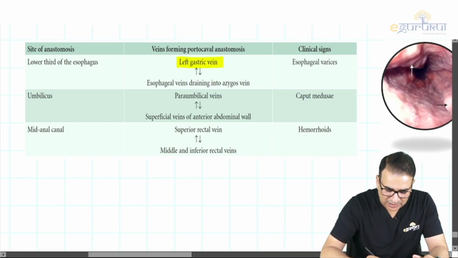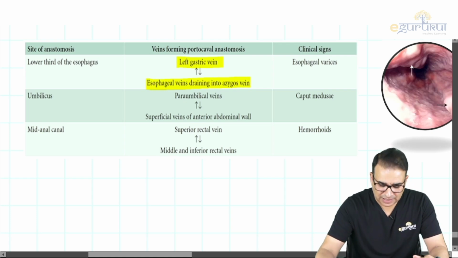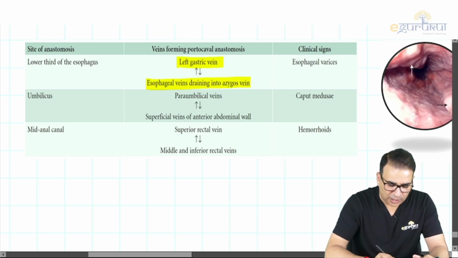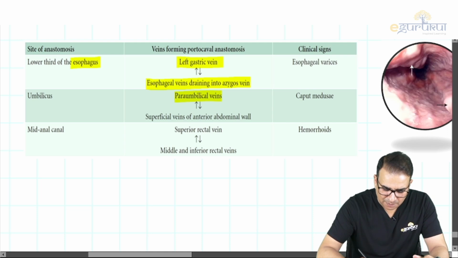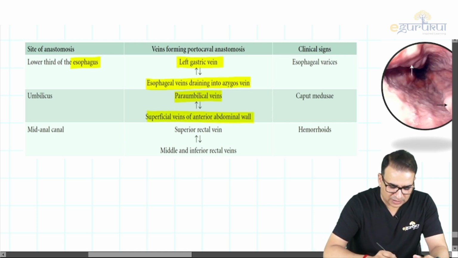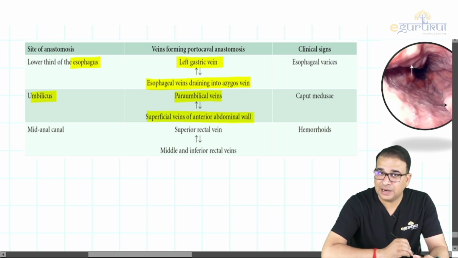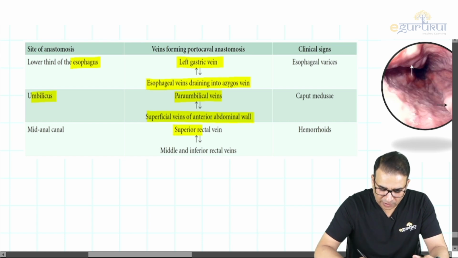We said it anastomoses with the esophageal veins, which drain into the azygous and hemiazygous. That is at the lower end of the esophagus. Paraumbilical vein with the superficial vein of the anterior abdominal wall. That is at the level of the umbilicus and the anterior abdominal wall. And we just saw that the superior rectal vein anastomoses with the middle and inferior rectal vein, which is a part of